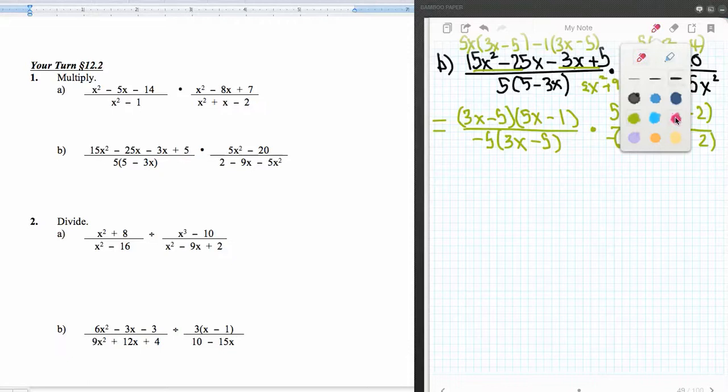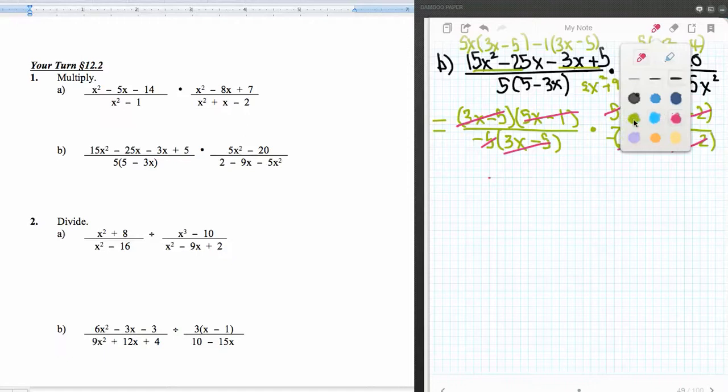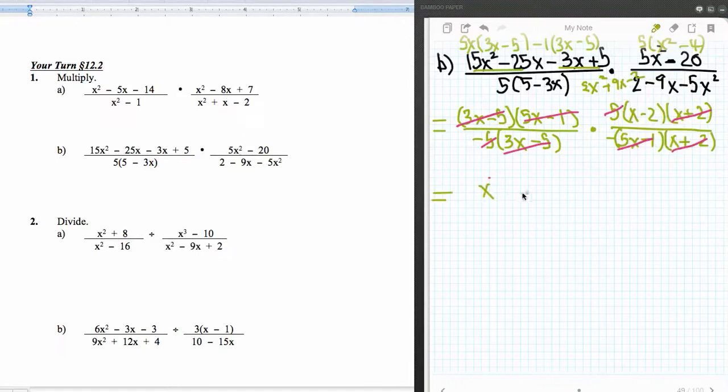And now I'll get out my pen and cancel. So this goes with this. This one will go with this one, and then I have that 5 with that 5, and that x plus 2 with that x plus 2, and then a negative times a negative is a positive, so this is going to be a positive, and it's going to be an